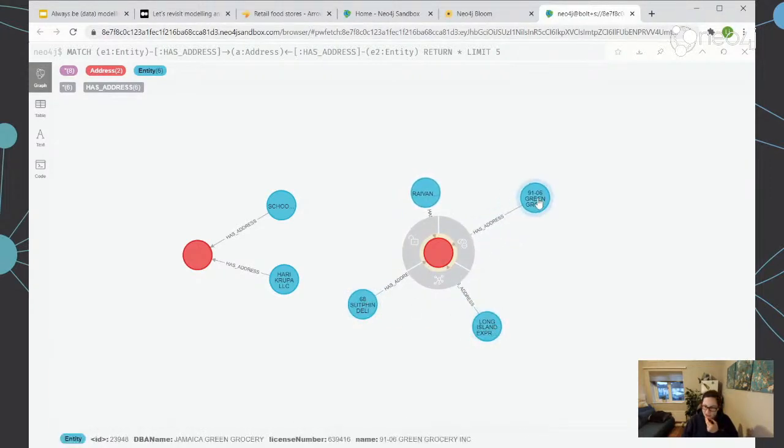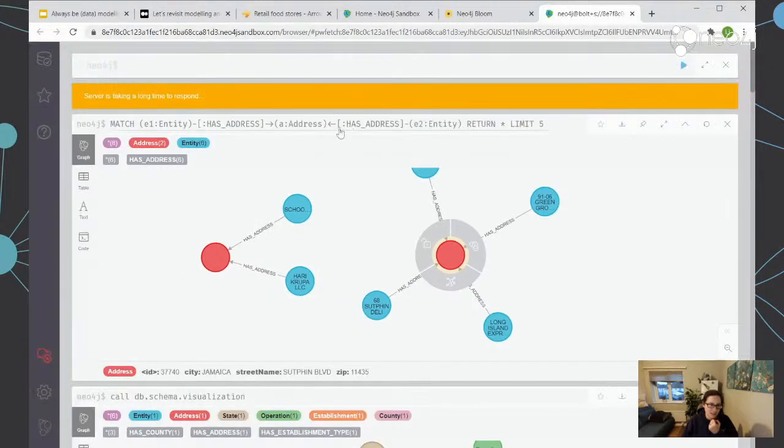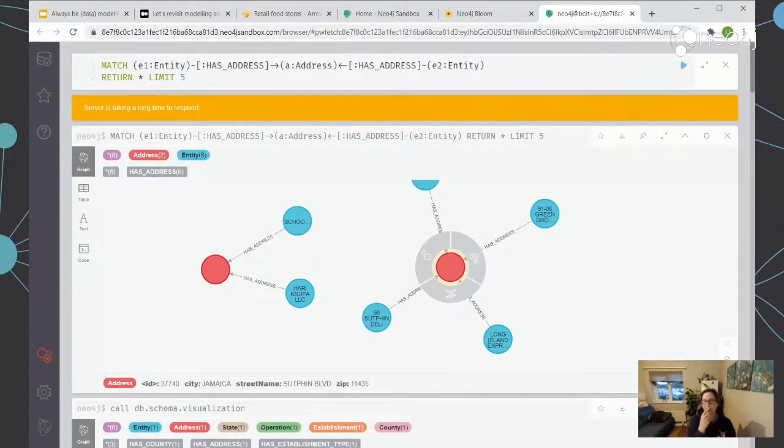Wow. Okay. Let's see if we can find some big ones. So let me zoom this out. Let's rejig this query a bit and have a think about how we're going to do this. Let's do it this way round. So match A address has RE2, and let's do with A, collect E2 as entities,